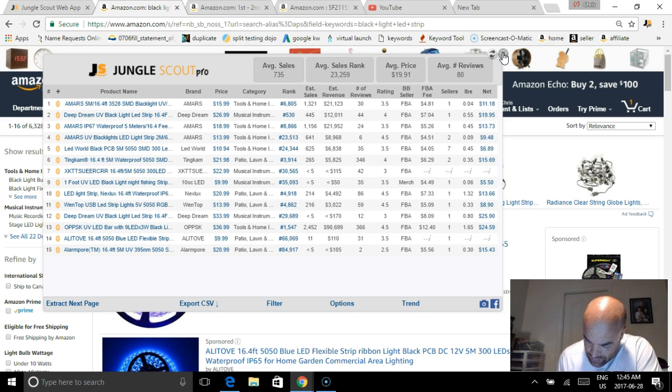The competition was too high on this one, and this was heavy. Price point was good on this one. Demand was good. The competition was good. The weight was a little high. I don't like things over a pound personally, so anything over a pound I consider too high. So now